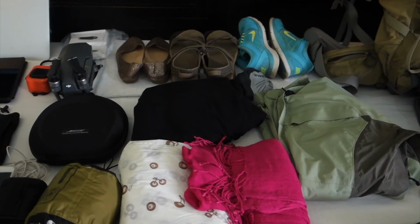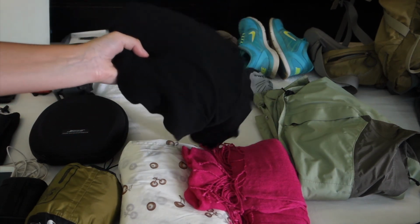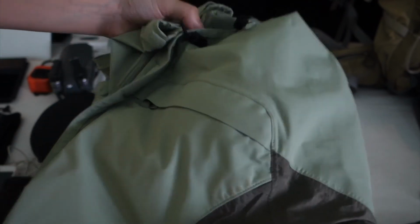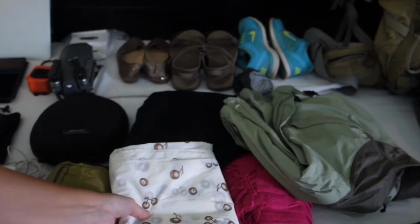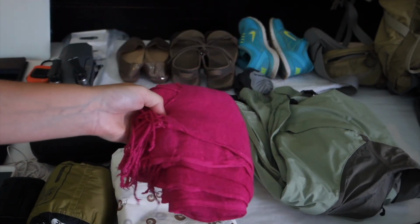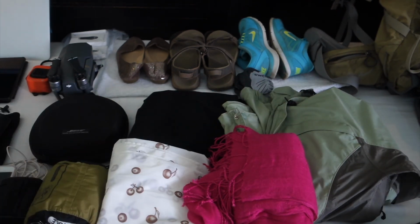Okay, so moving on to clothes and starting with outerwear. I have a light to medium sweater that I bring for buses, planes. If you're coming in the months of December, January, February, in the early morning, it could be a little chilly, so a sweater is good to have. If you're coming in any of the other months, you are definitely gonna want a raincoat, or you can opt for something a little bit lighter and thinner, like a poncho. And a scarf for similar reasons to the sweater. It's great to have for planes and buses, and also to wrap around you because it can get pretty dusty